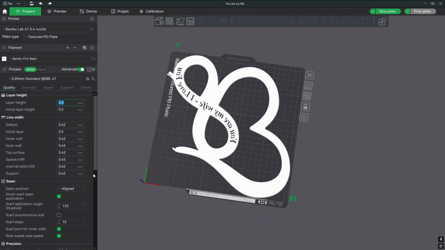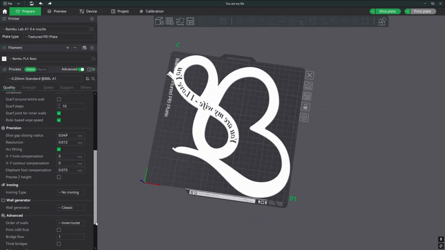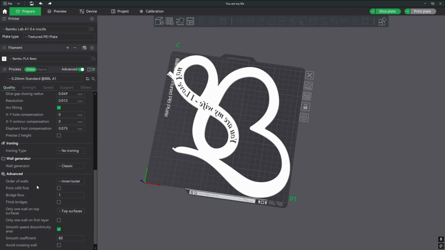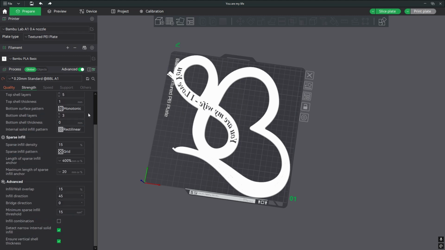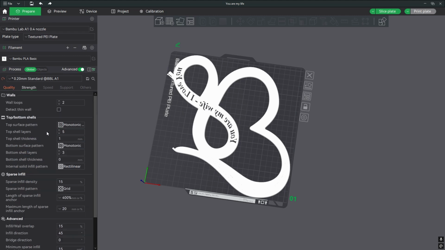Here on quality, I'll go with only one wall on first layer and avoid crossing walls. Then in strength, I'll go to top shell layers 4, top shell thickness 0, bottom shell layers 4, and then 10% of sparse infill density,